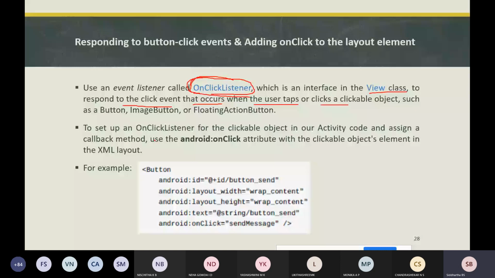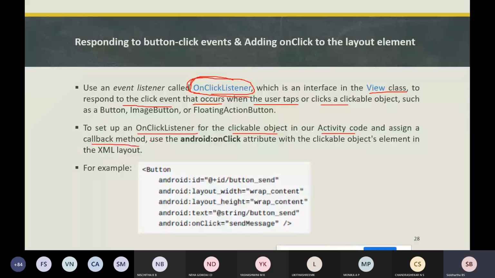So how do we add on click to the layout element? To set up an on click listener for the clickable object in our activity code, we assign a callback method, which defines what should be performed when the user clicks on that clickable object.